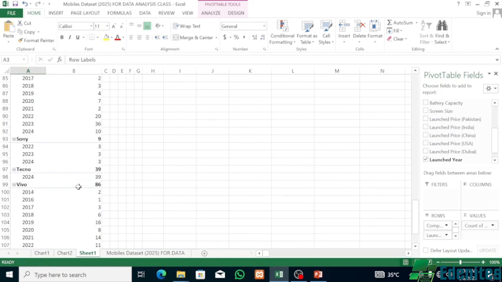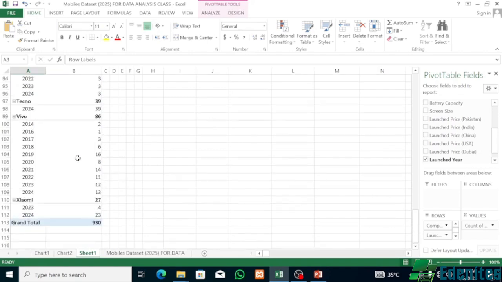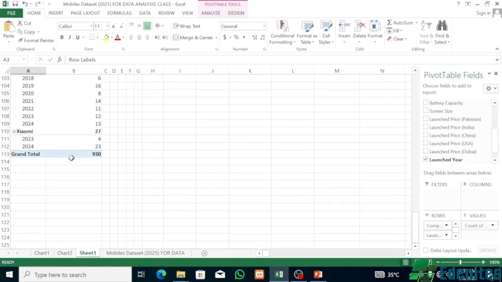Sony did 9. Tecno did 39. And wow, that means 2024 Tecno produced 39 different models. Okay, Vivo, and then this Redmi 27, and then in total we have